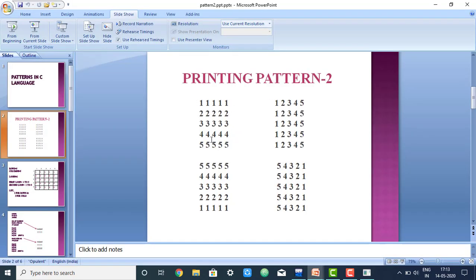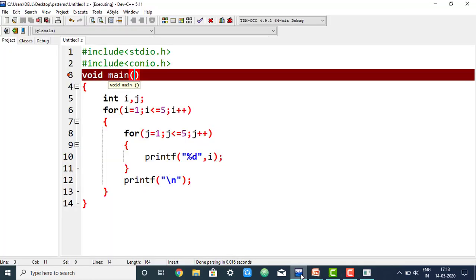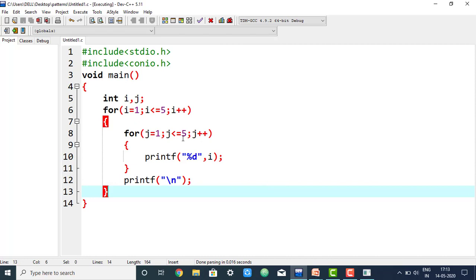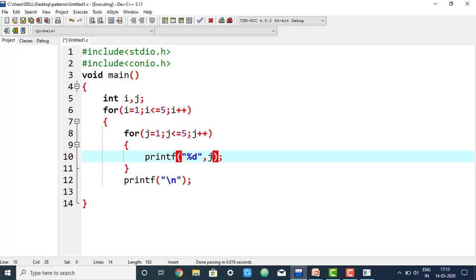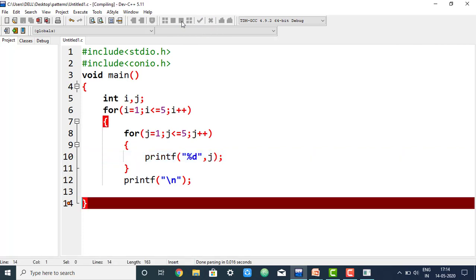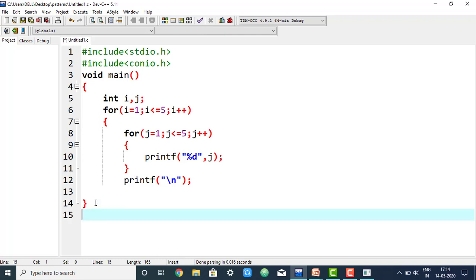So now I will tell you how you can print all the 3 patterns with the help of just a single program. So here, for the second pattern, if I print the value of j in place of I, and if I run this code, what will be the output?